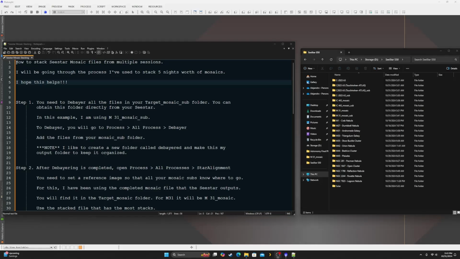Hey everyone, I just want to do a quick tutorial of how I've been stacking my mosaics for multiple nights. This has been working for me. There may be a better way. I just wanted to get this out there to help as many people as I can because I've seen a lot of people asking. So the first thing you want to do is pull off your mosaic sub and your